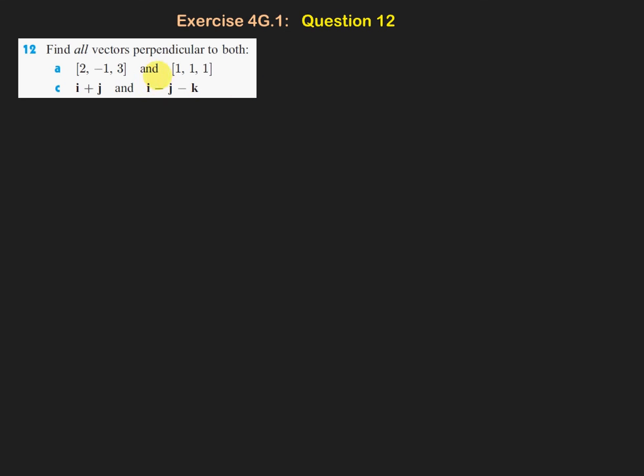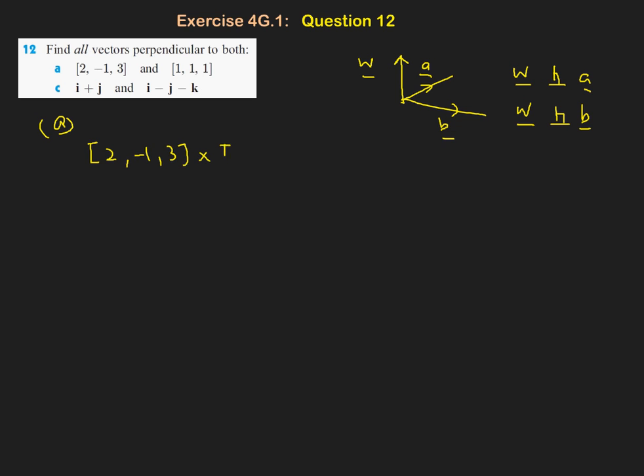I just want to do part A. Recall again, if you have two vectors A and B, you find its cross product, you get W, and W is perpendicular to A and also perpendicular to B. So what we're going to do is just cross this, because we know the outcome of this product is a vector that's perpendicular to both of them. Arrange them nicely: I, J, K,